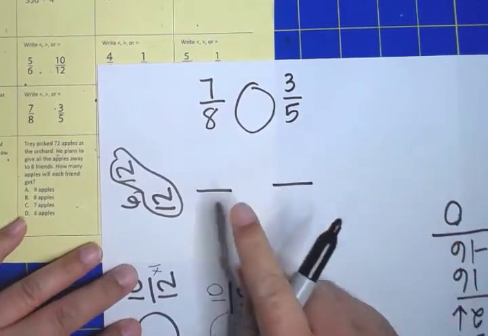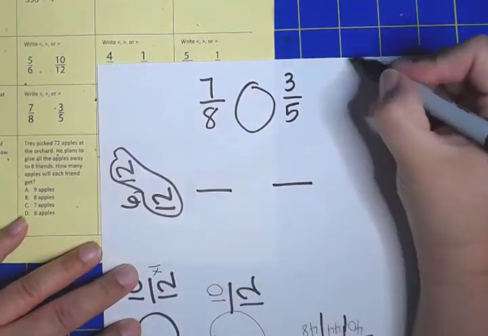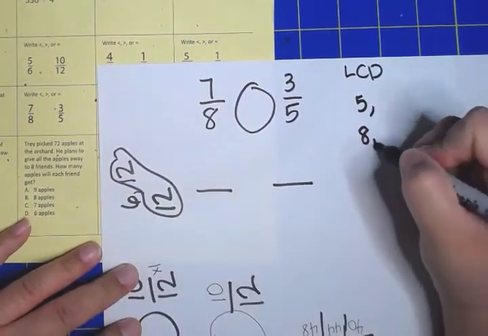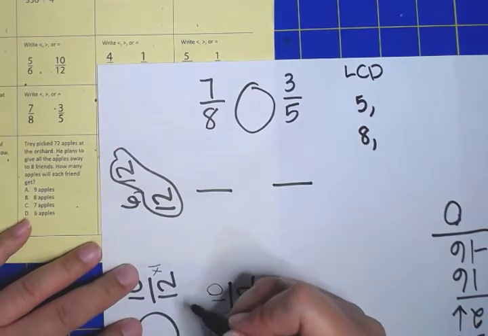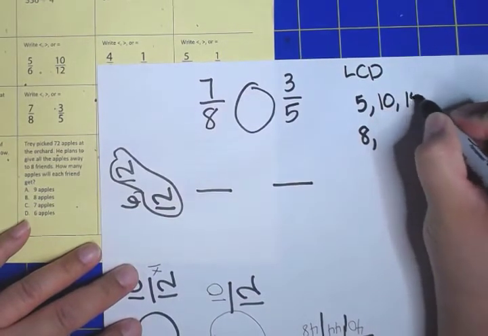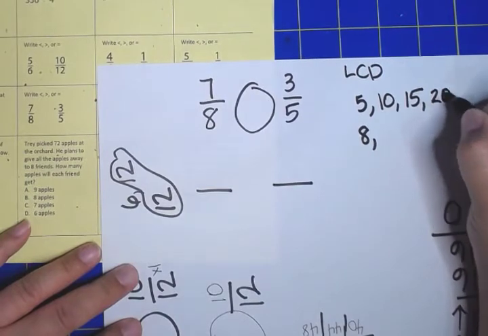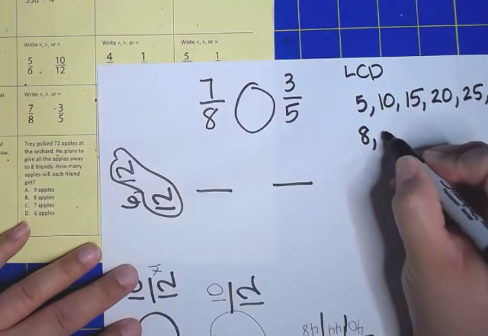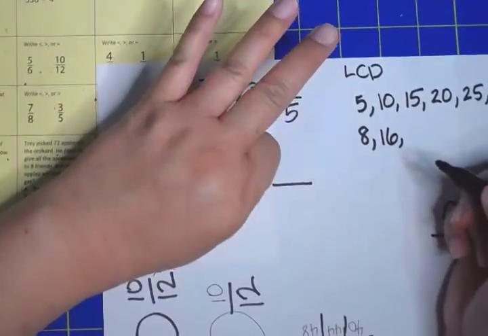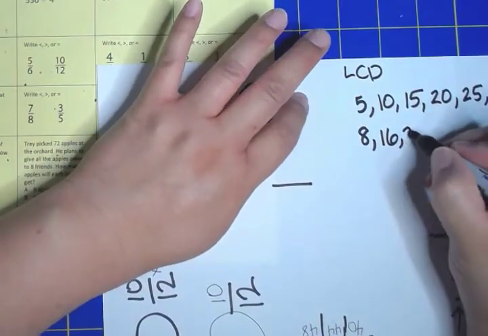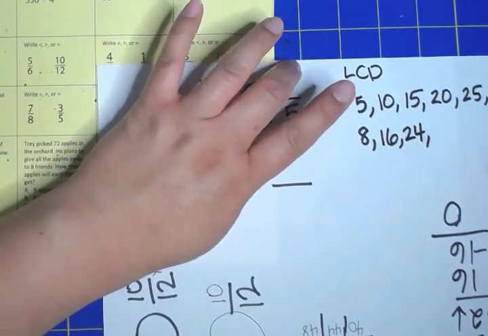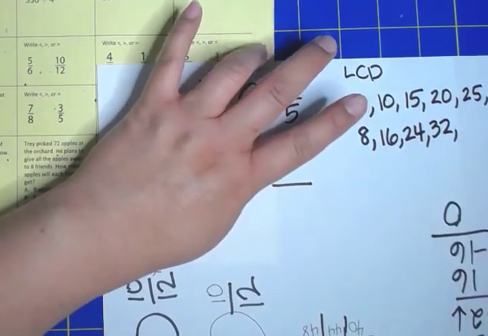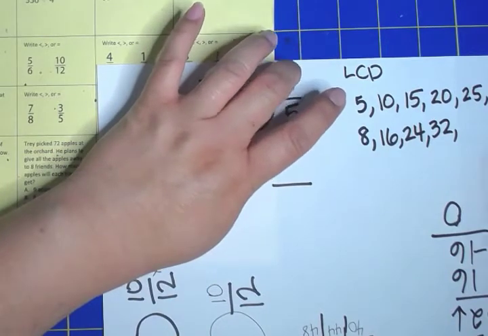So again, you have to find the lowest common denominator. So start counting by 5s and by 8s until you find the lowest common denominator. 15, 20, 25, 30. 8 plus 8 is 16, 17, 18, 19, 20, 21, 22, 23, 24, 25, 26, 27, 28, 29, 30, 31, 32,